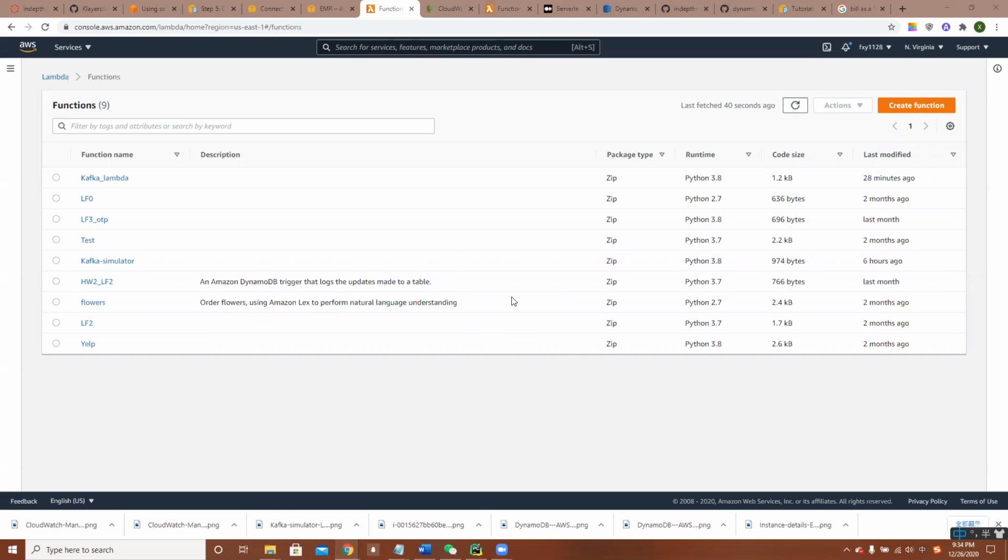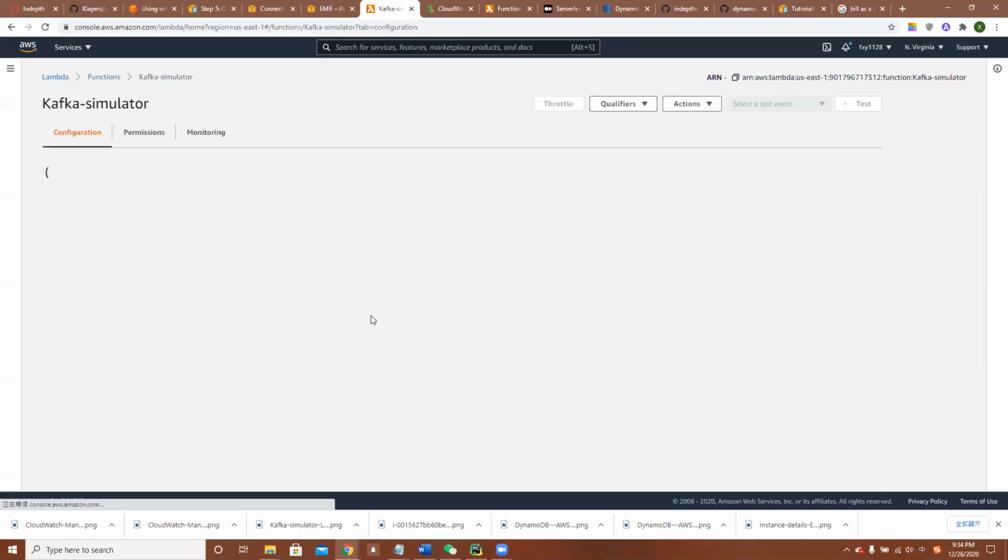Okay, so I created two Lambda functions. One is to simulate the event and user, and the other is to process the user transaction event. So for the simulate one,